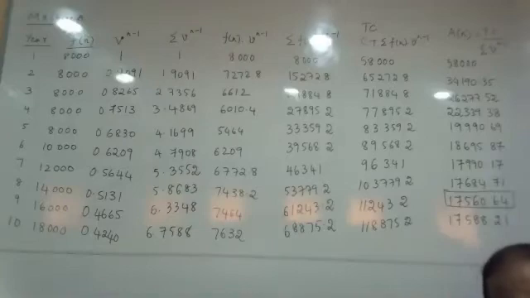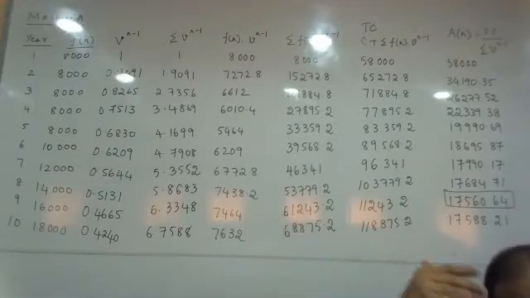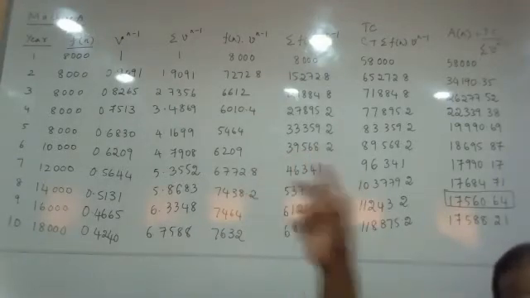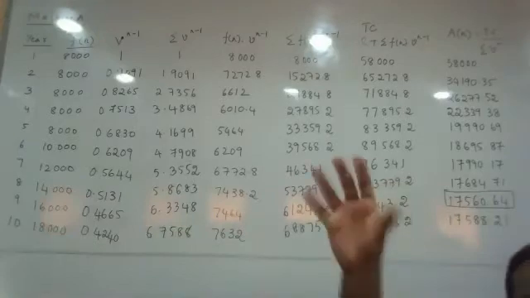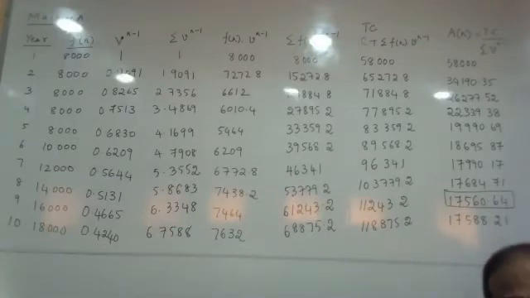One bulb burns out, and immediately I replace it. That is called the individual replacement policy. I am not going to wait for a particular period or a particular number of bulbs to burn. No, I don't do any of that. The moment I see a particular bulb is not working, I go and replace it. That is called the individual replacement policy.